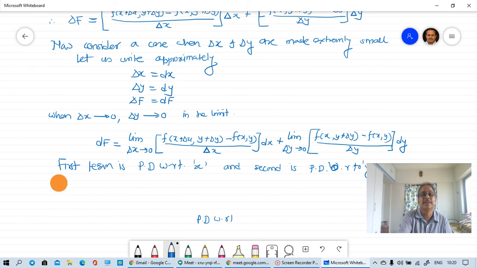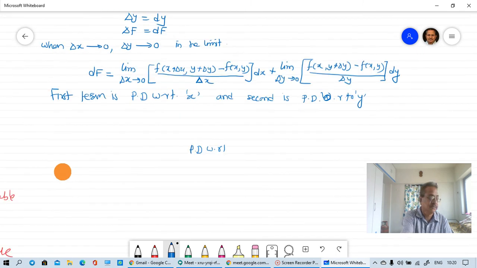So if it is the case, then I can write df is equal to,